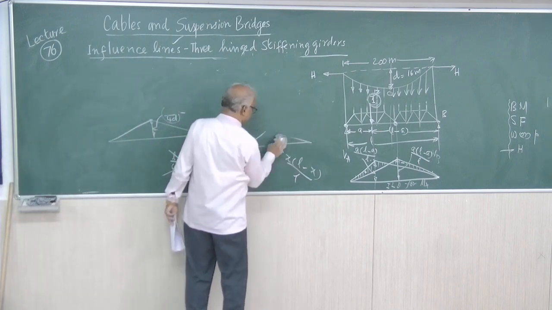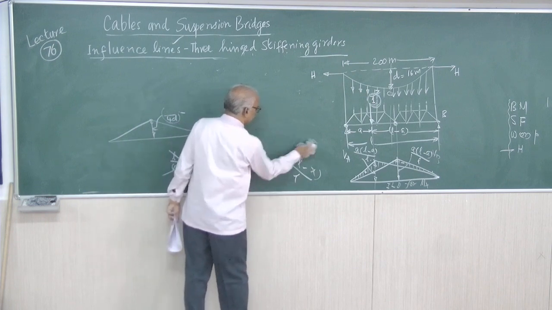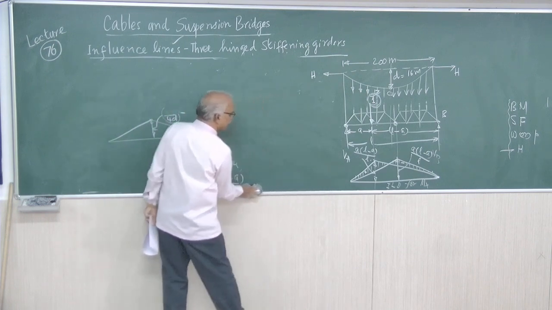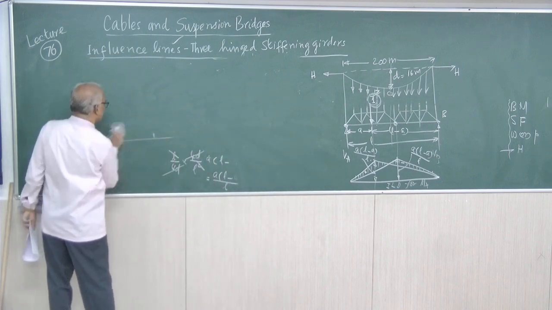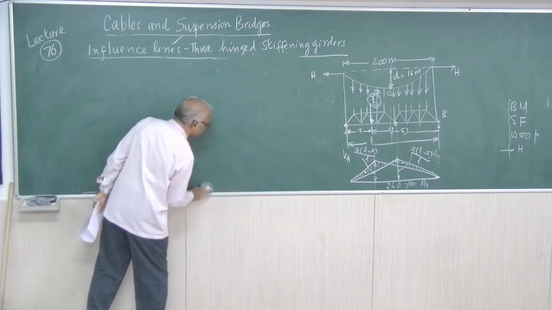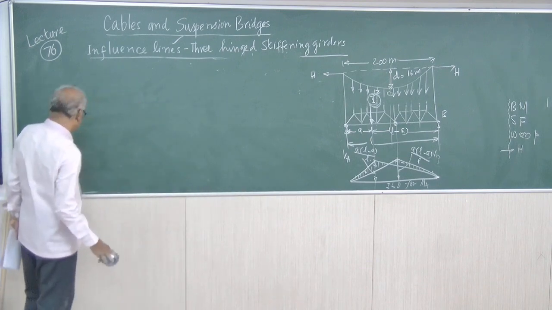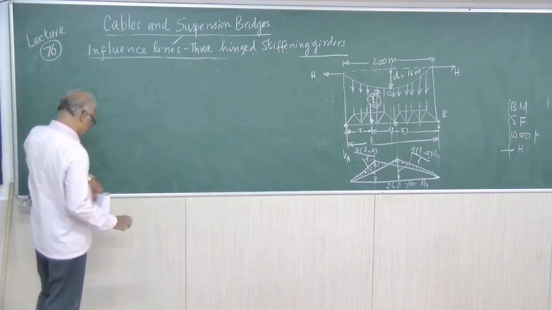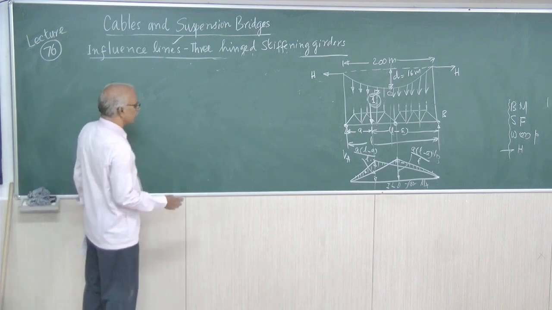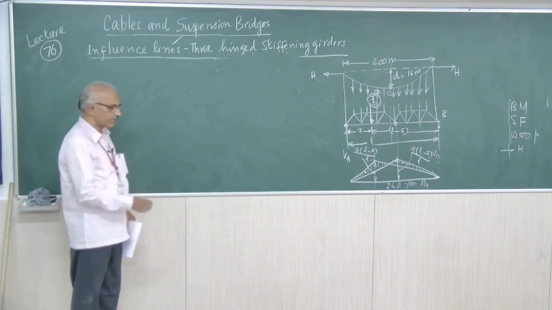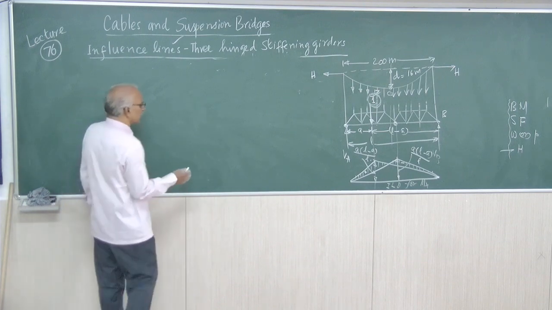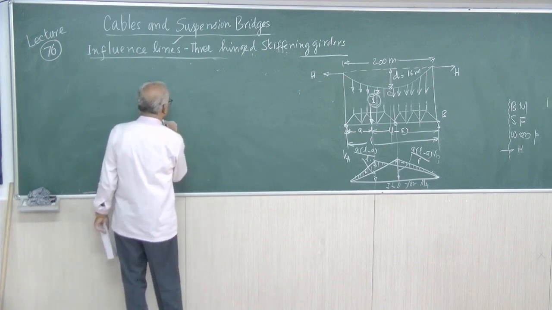This is what we discussed earlier under beams. So the same concept for calculating Mx, and here the additional term is H into y, where y equal to 4d by L square, x into L minus x. Now, that is the problem, right. What we have to do is, we have done a problem just now. I will not do the calculations, I will just tell you how to do the problem.